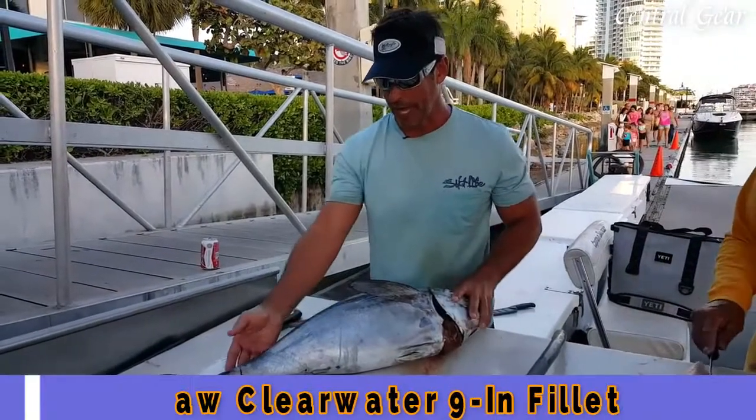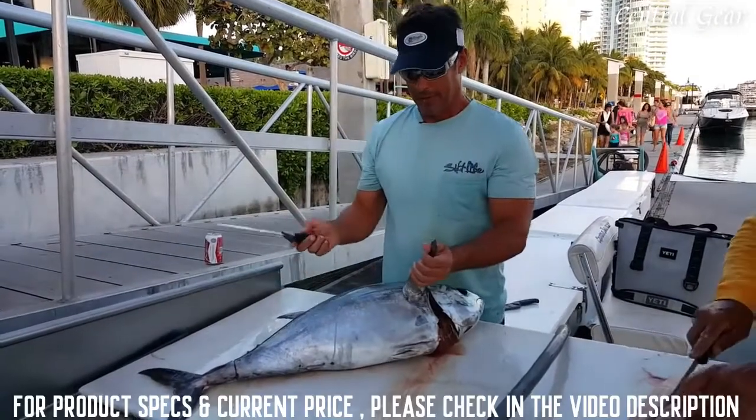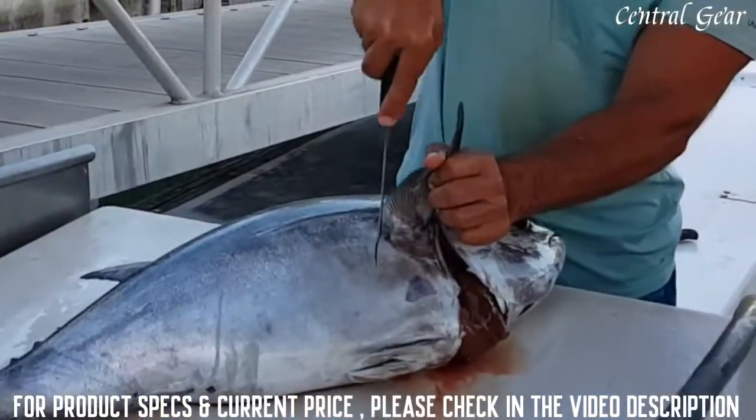About a 25-pound blackfin tuna we just caught today, along with some sailfish and some mahi. Today I'm going to be filleting this fish. I'm going to come up through behind the pec fin,